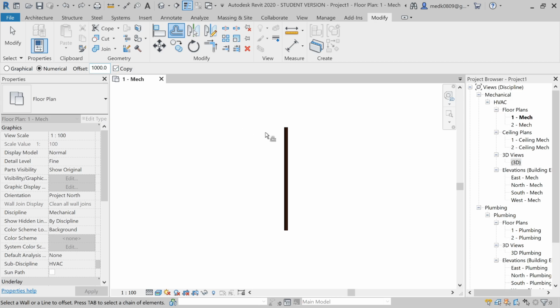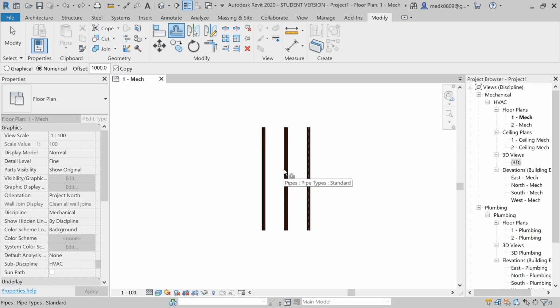Now take your mouse to the element. So you will see here the right and the left, these lines specify the placement of the element. If you want to place the element on the right, take your mouse a little right, and when you see this line on the right, just click it. You will have the offset. Okay, in the same way, if you want to place the element on the left, wait till this line appears on the left, and when this line appears, just click it. So this is how offset works.